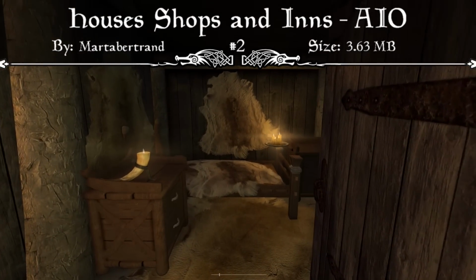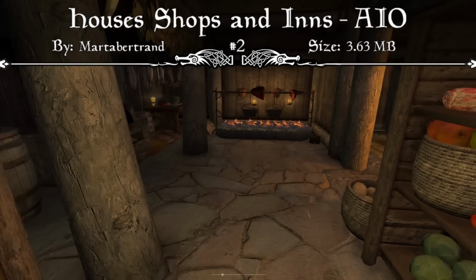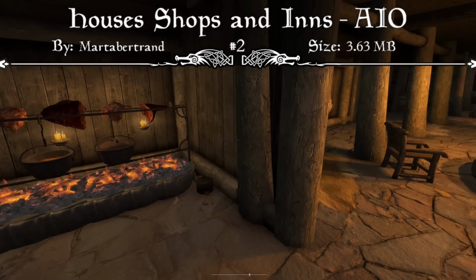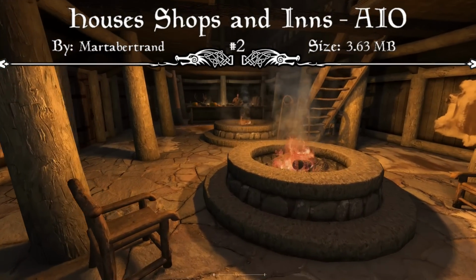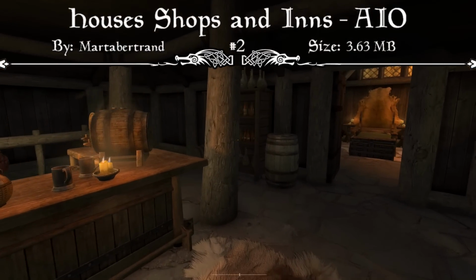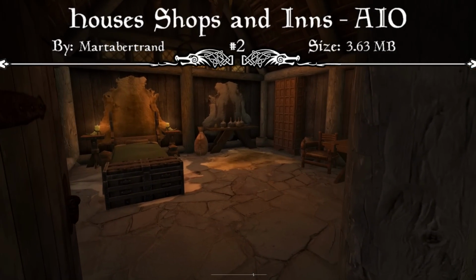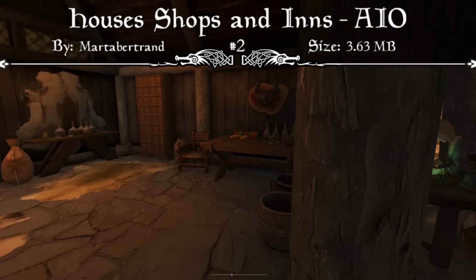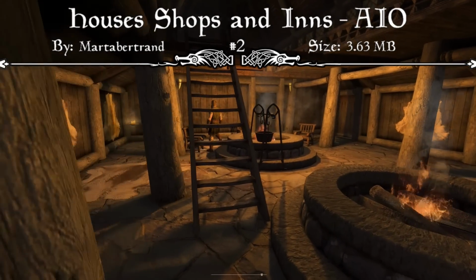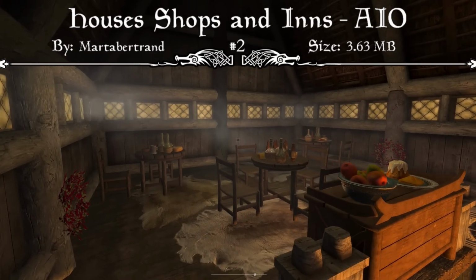Now there's 5 options of this mod to choose from. You don't actually have to download the all-in-one version. You basically have the basic module, the guilds module, the inns module, as well as the player homes module. And then of course we have the all-in-one version that we have right here. Now the only thing that this mod requires is the unofficial Skyrim Special Edition patch, and this should be compatible with everything that you have because they only use vanilla assets to add so much more to these houses, shops,